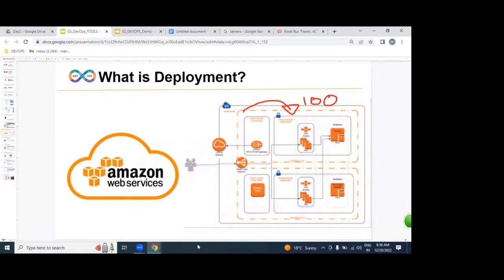We can get servers from a physical environment and implement the DevOps process. We can get servers from virtualization and implement the DevOps process. And moreover, we can get servers from cloud. Which cloud are we going to be learning? AWS. Any cloud, Azure, AWS, Google.